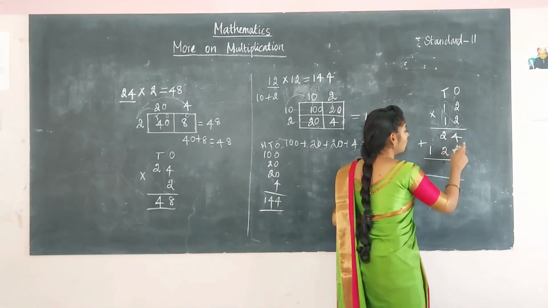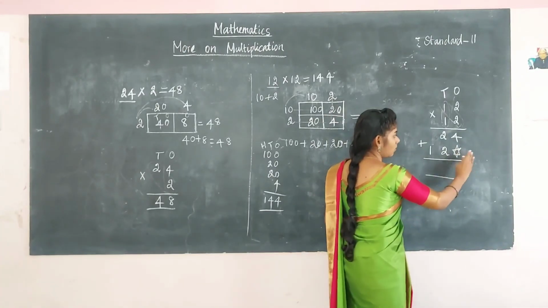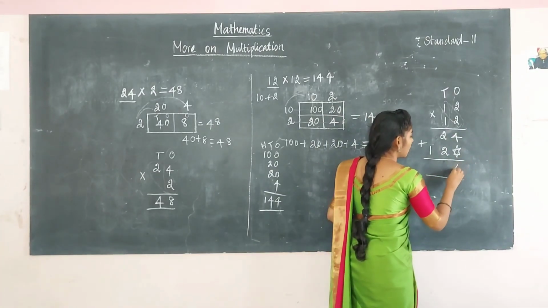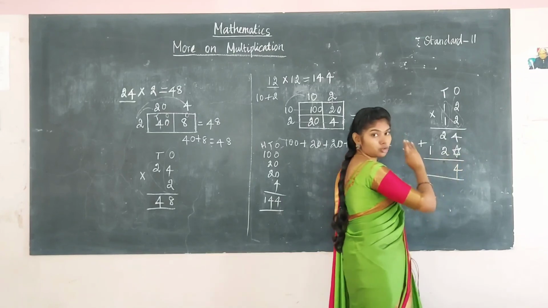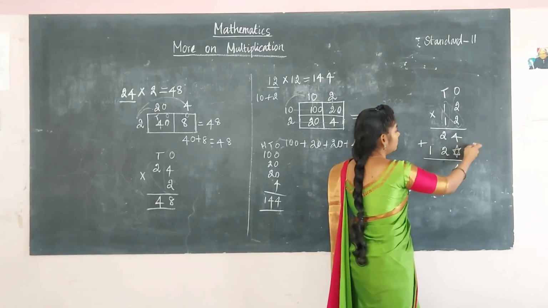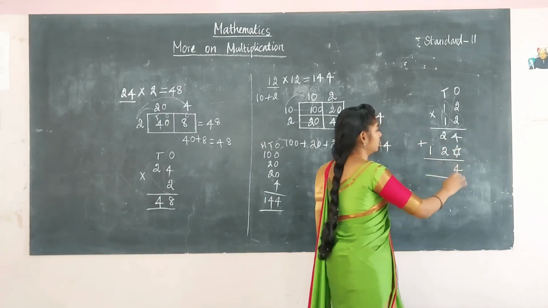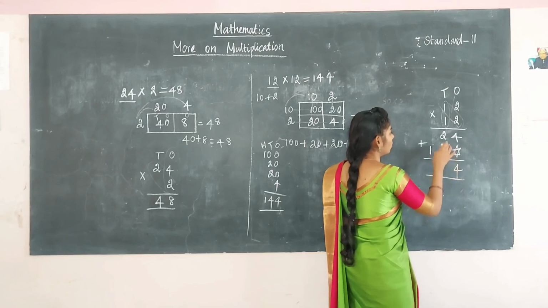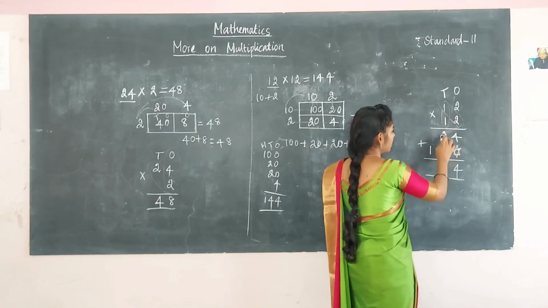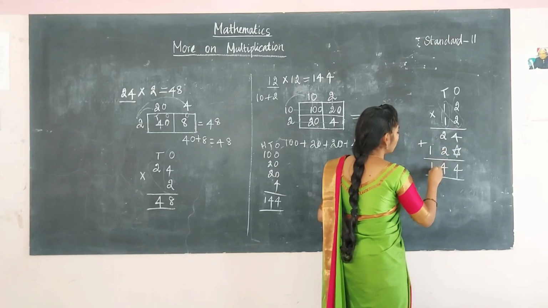So here 4, consider this number as 0. You don't need to take this number. You can directly write the number 4. Here there is no number. We should not write the number in this place. In the second place you should not write that. Below that you should not write 0 or any number. So directly write 4 down. And here in the tens place 2 2s are 4 and in the hundreds place 1 is there.